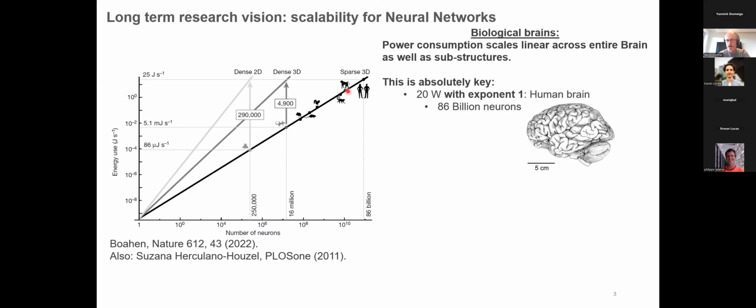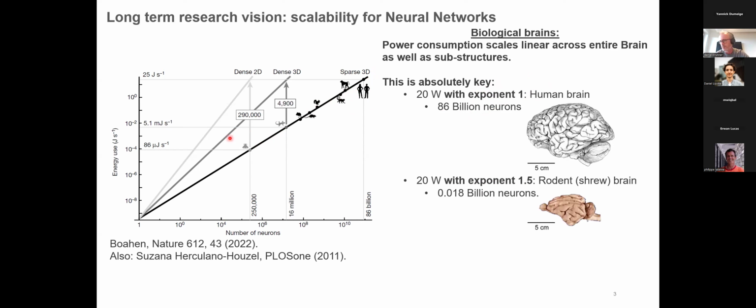Now we can make a game. We can see how many neurons we could create in a network when we simply tip the exponent of the scaling law. If we go from an exponent of 1 to an exponent of 1.5, and we say our power budget is limited, you can't consume much more power, for example, in your cell phone. The power budget usually is your constraint, also in our CPUs and GPUs. If you now tilt this law from an exponent of 1 that we find in biology to an exponent of 1.5, then with the same 20 watts, instead of 86 billion neurons, we can create a neural network with 18